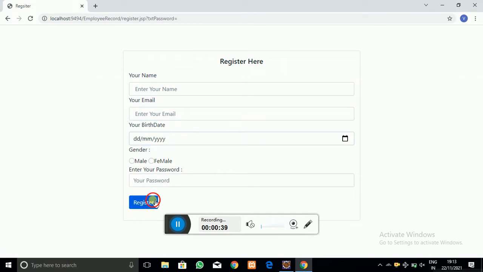In this tutorial, I am going to modify the home page of our website. We are creating a CRUD application, that is, a record management system. This was the dummy home page, which I wrote only on that index.jsp page.